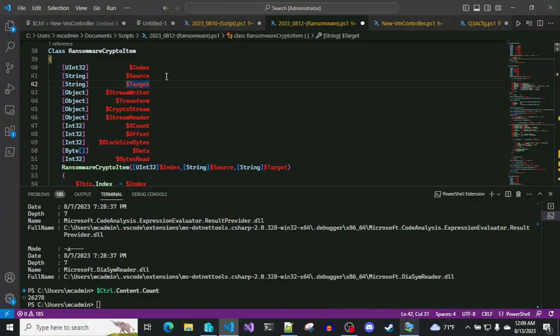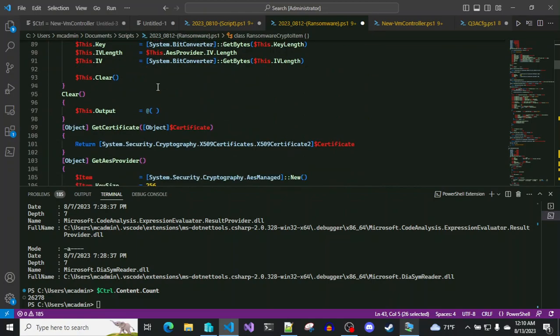The source path will be the file that it reads from. It's not going to modify the original file, although it could do that. And then once it has the source path and the target path, it sets it up for a transformation, and that's what this is for. The stream writer is for